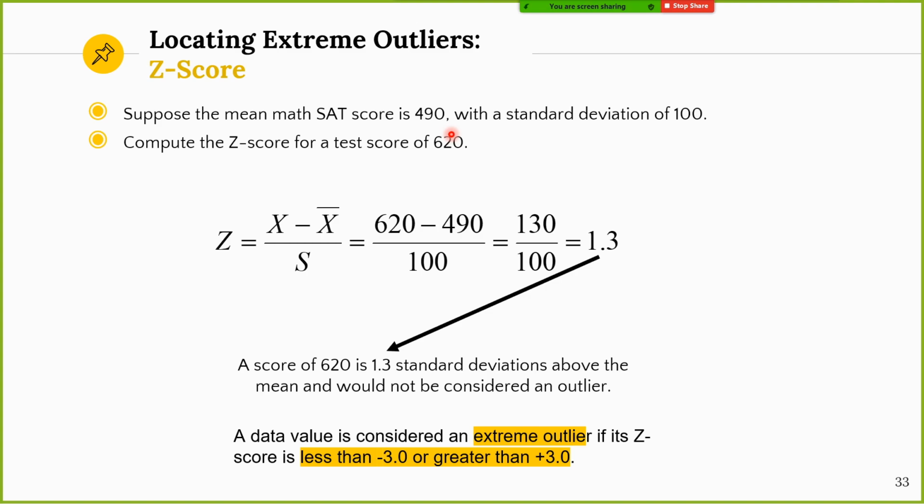Or let's say you have data from 1 to 10, but you have a 100. You will think that this data is not possible. So you will also need to have proof to prove that this data is considered an outlier. So you can continue to calculate the z-score for the data. You can calculate the z-score for the 100 compared to the data. Maybe you will get a score greater than 3, then this data is considered an outlier.